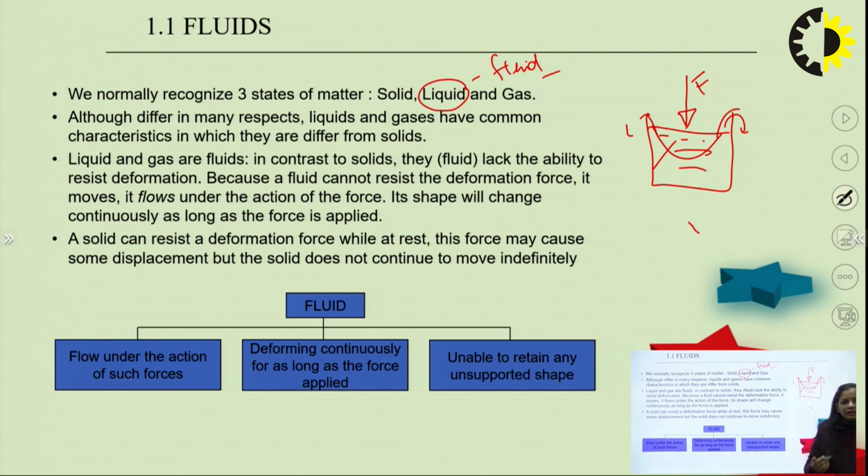So the solid can resist deformation force while at rest. The force may cause some displacement, but the solid does not continue to move indefinitely. Okay, so the fluid, obviously, flows under the action of such forces, we know very well, deforming continuously as long as the force is applied, and it is unable to retain an unsupported shape. Whenever we put any kind of liquid in a particular container, that liquid takes the shape of the container only. Okay, so this is how